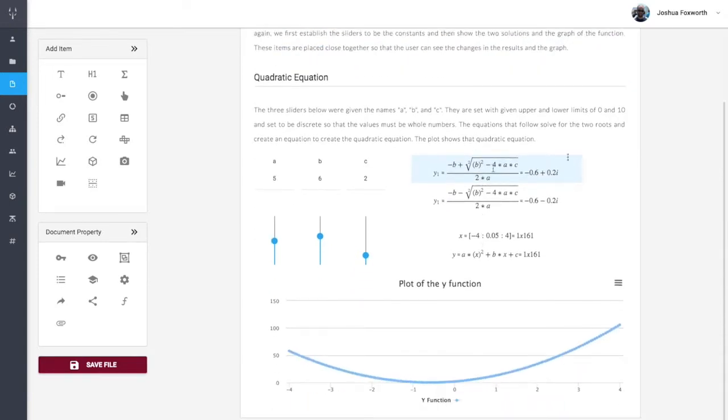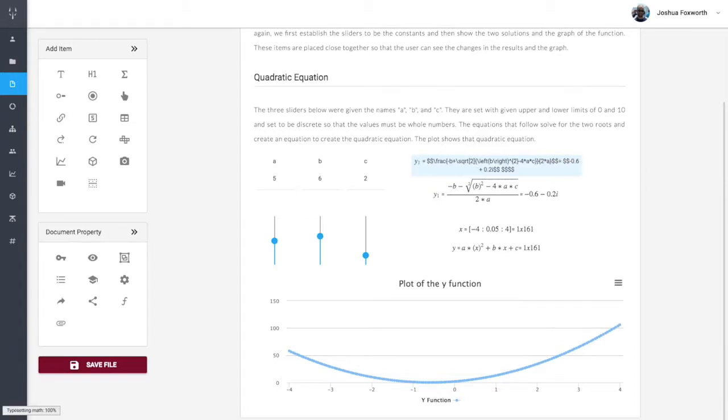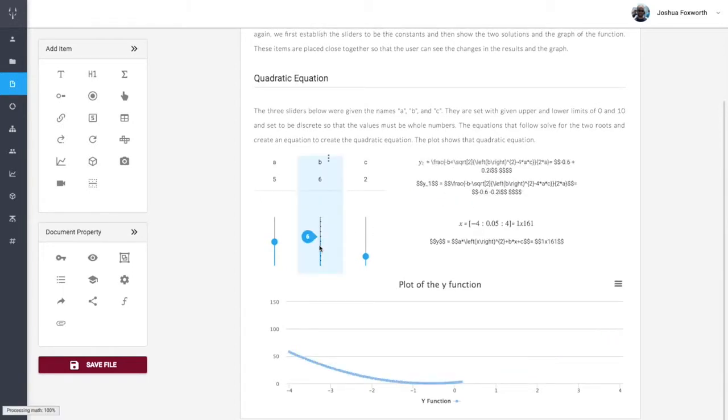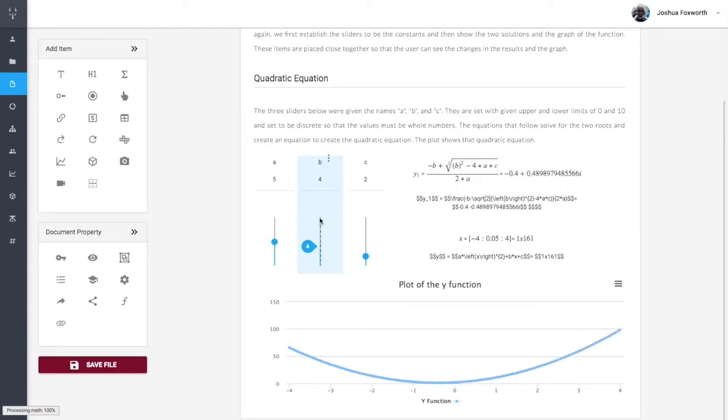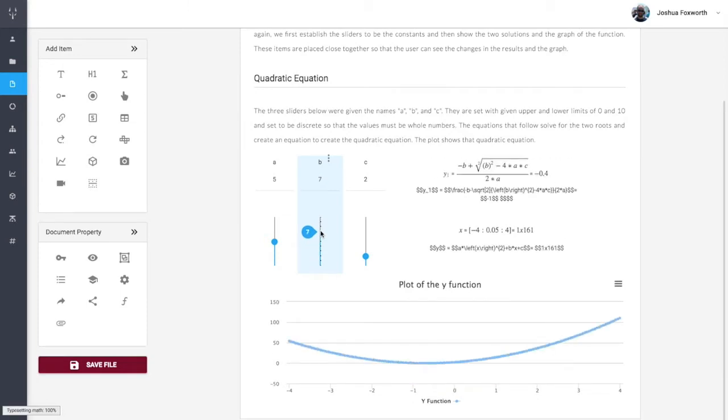This equation uses some of our built-in functions, and when we click Enter, it is solved and then displayed in the proper mathematical format. Sliders and other HTML components can be added and used as equations, and when the item is changed, subsequent items update automatically. This means that documents can replace Word and PDF, as well as Excel in a programming language like MATLAB or